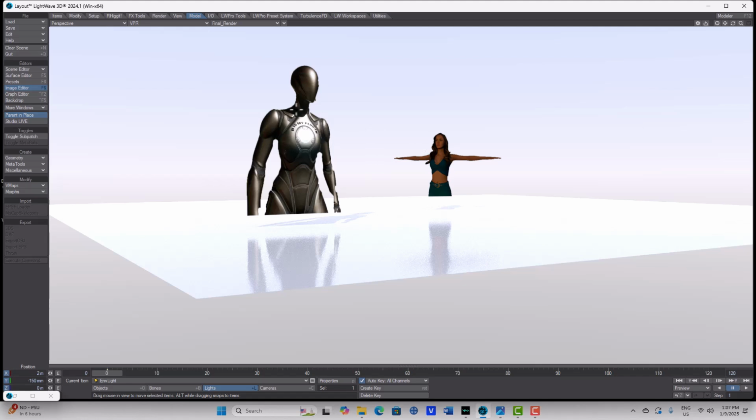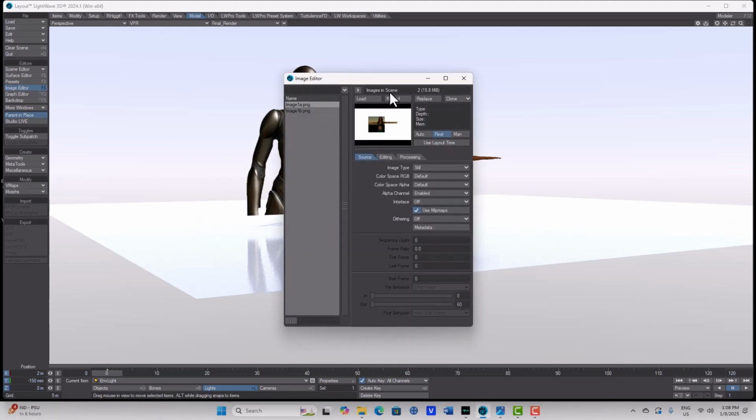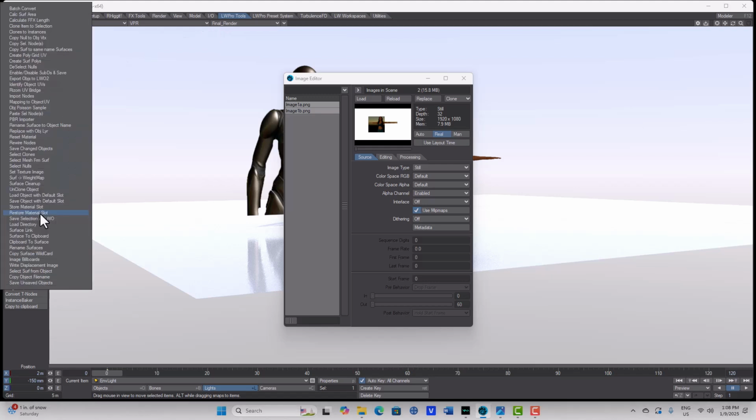To do this, you just need to get some of those images. I just have two. And then you'll come up to the image editor here and then you'll click load those in. And then once you have those images, you just select them here. You can hold down Control and select them. And then you got to go to LightWave Pro Tools, and it's here under Surfaces,